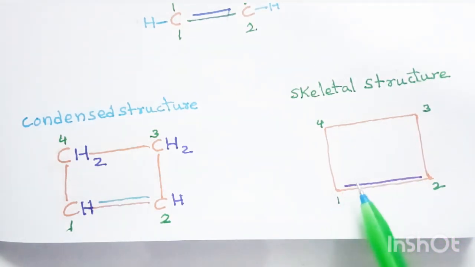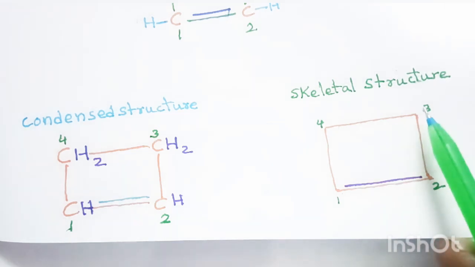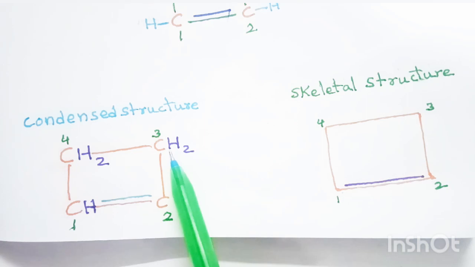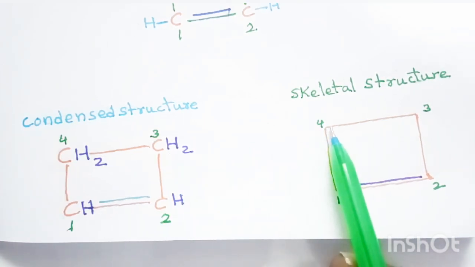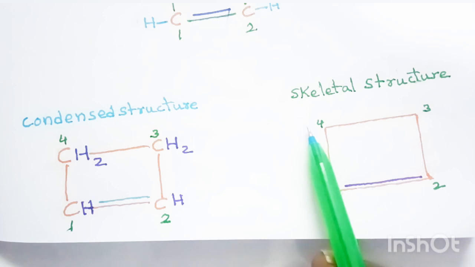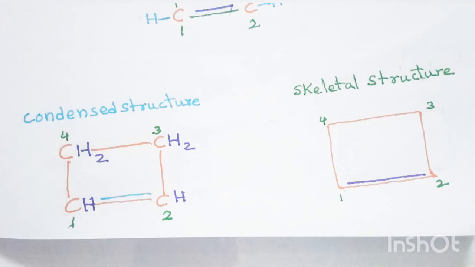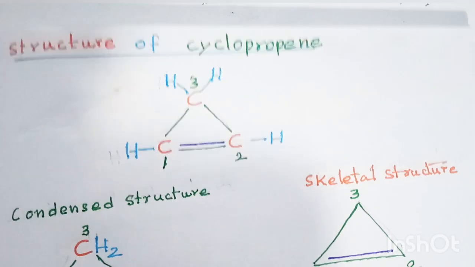So each corner represents a carbon. The carbon with double bond will have one hydrogen only, and this carbon also has double bond, so it will have one hydrogen. This carbon atom has only single bonds, so it will need two hydrogens. And fourth carbon atom also has no double bond, so it needs 2 hydrogen atoms. So this is the skeletal structure of cyclobutene. Now let us see the structure of